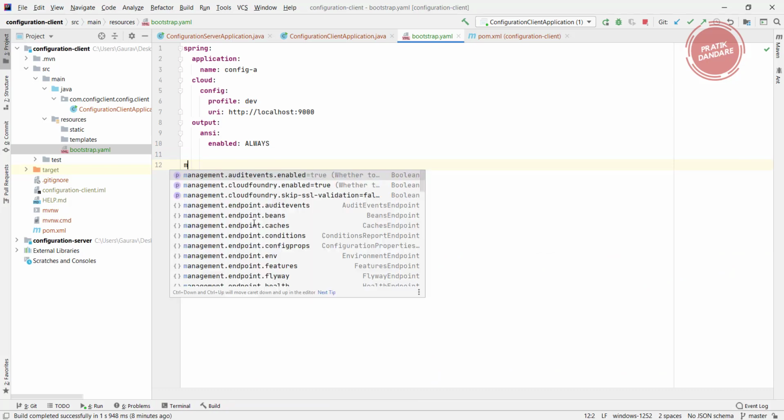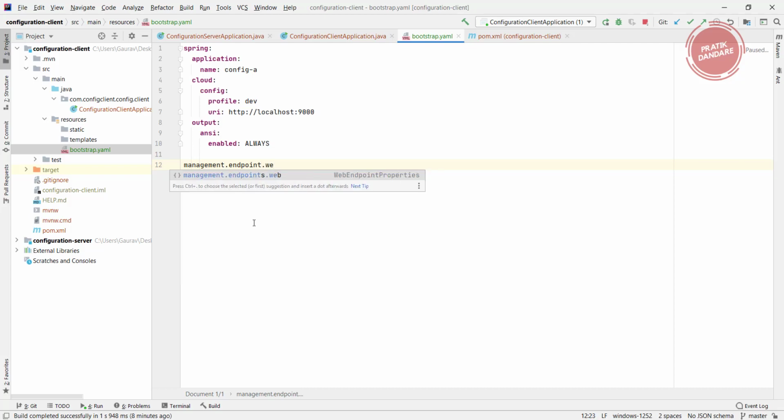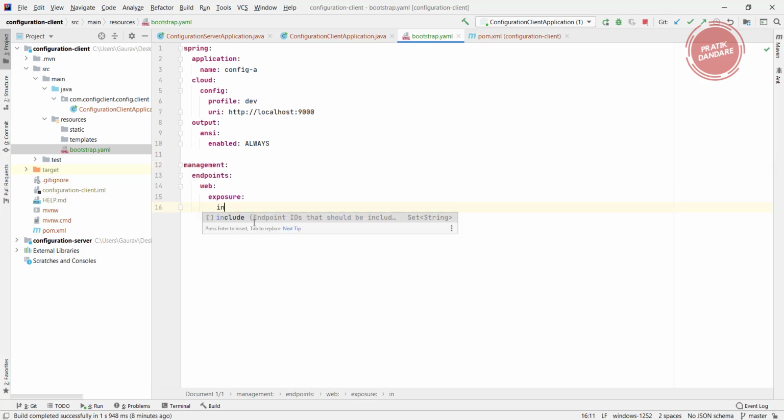I am going to add the property management.endpoint.web.exposure.include, and I'm going to set it to star, so it should enable all the actuator endpoints. So I'm going to rerun it once again.